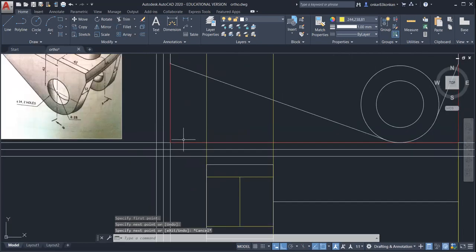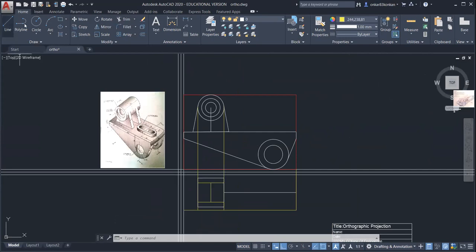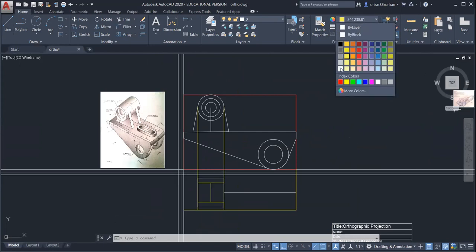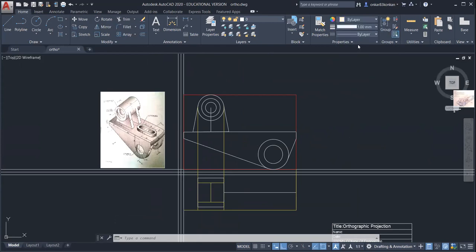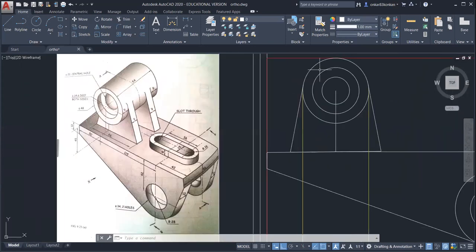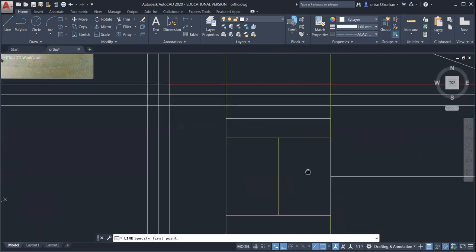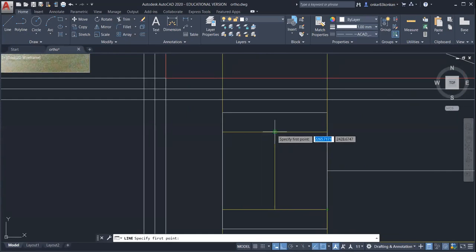For that circular hole, you can even directly take the reference point from this front view. Okay, just draw one projector line. Actually, these two lines will be hidden in the top view. Okay, so you can select the dash line, then select the line, and you can take the distance 10 mm.